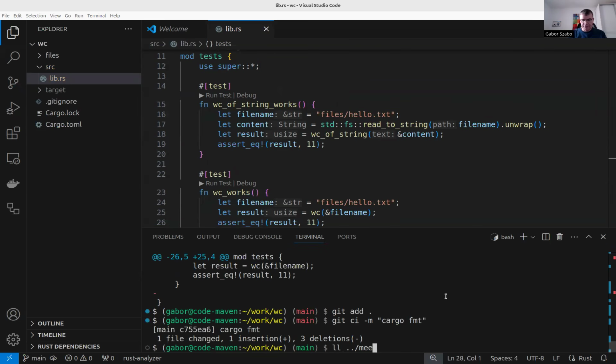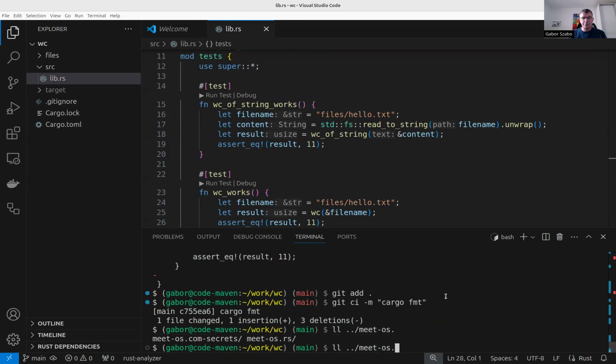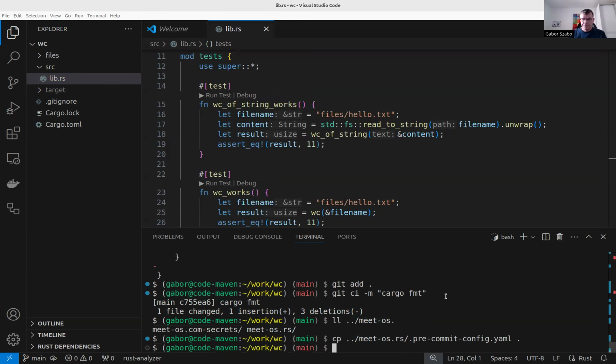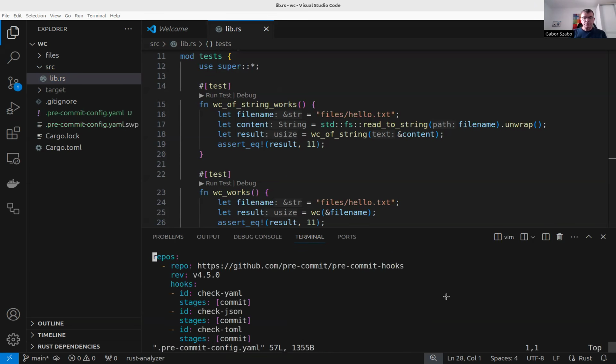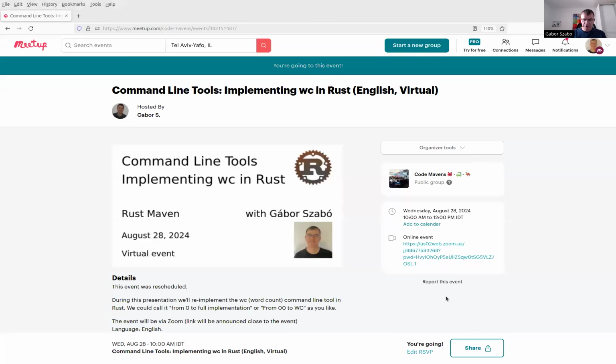Where is this? Meet OS. I'm just copying it from some other project I am doing. Sorry, what is it? It's pre-commit config. Okay, so what is this pre-commit config? Let me show you. There is this